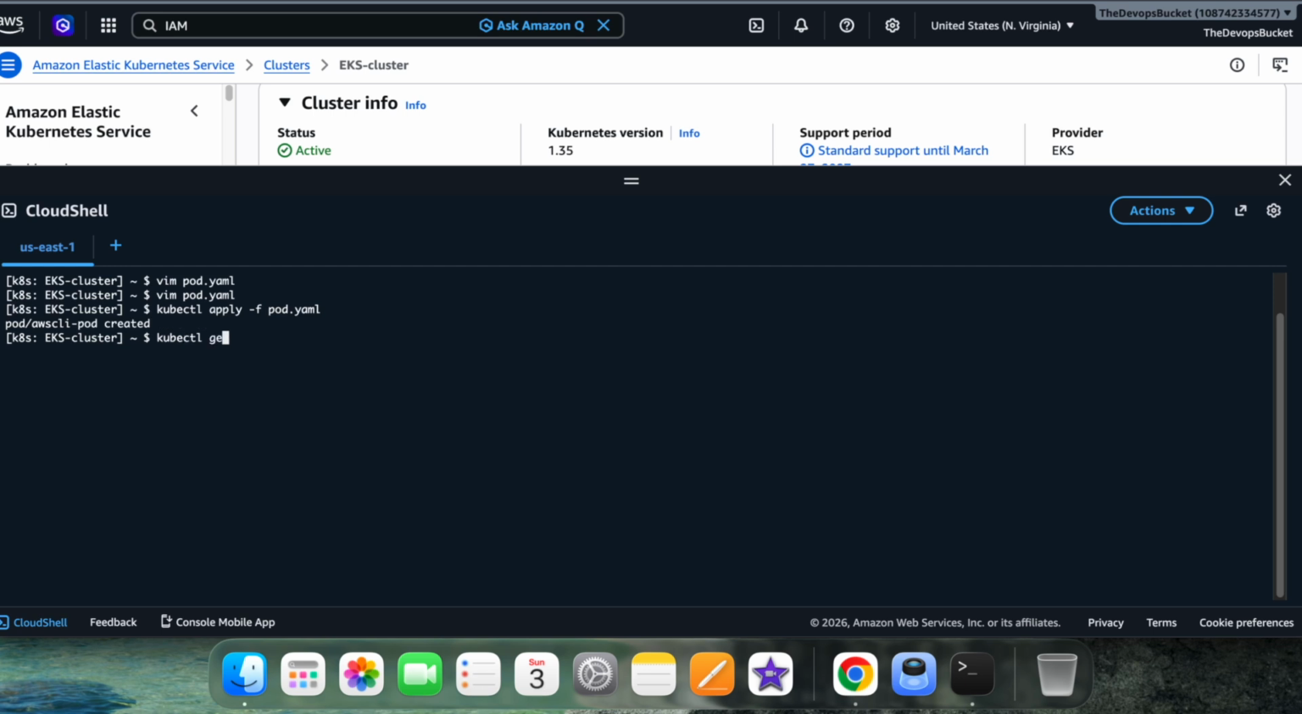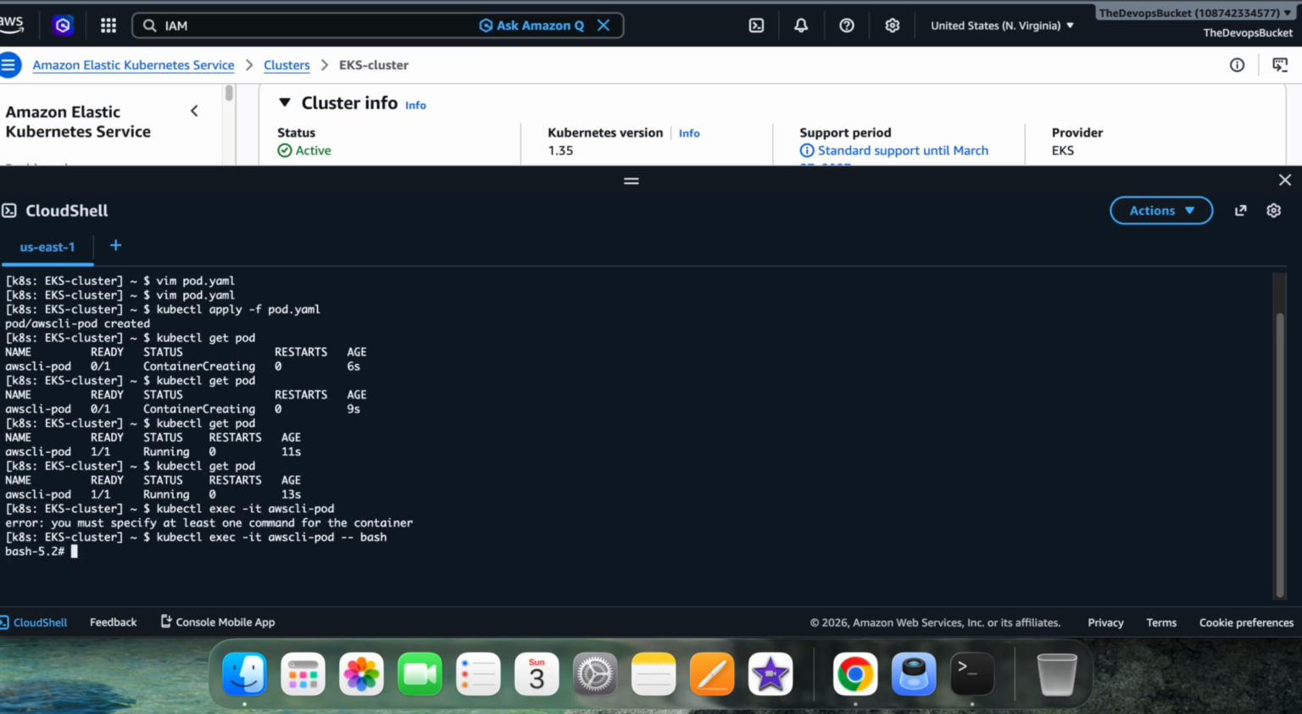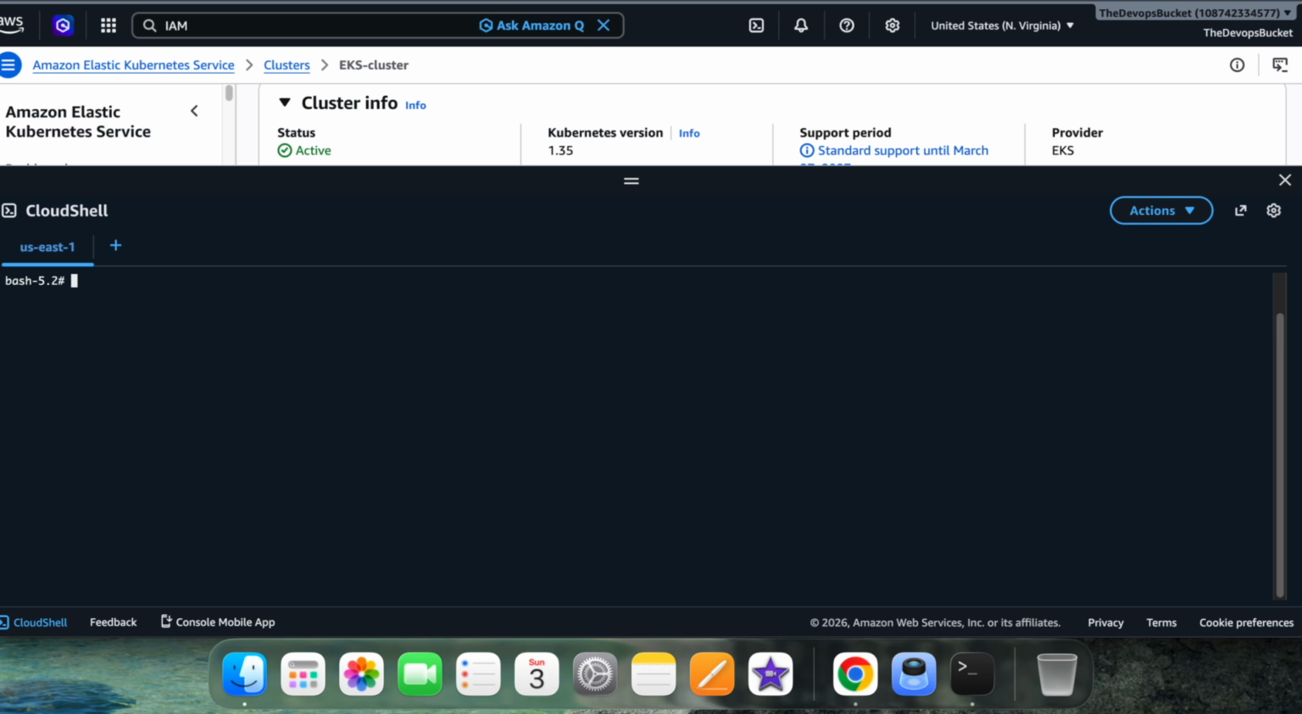Let me see kubectl get pod. Now it's still creating. Let's wait for a moment. Okay, now it is running fine, right? Let's go inside the pod with kubectl exec. Okay, now I am inside the container. If I see env,